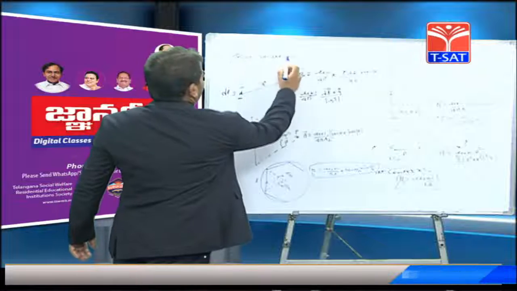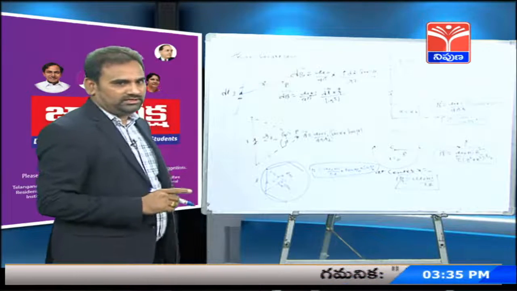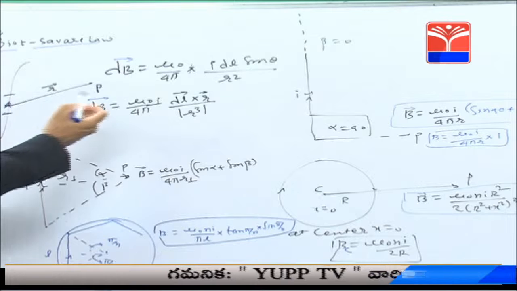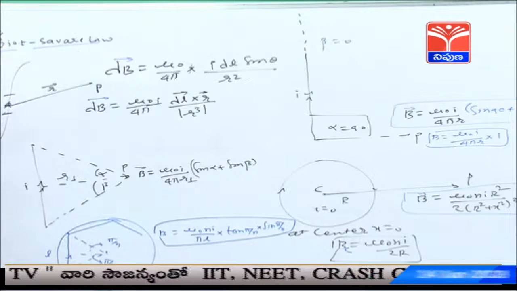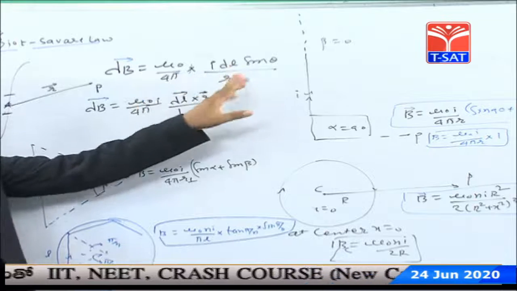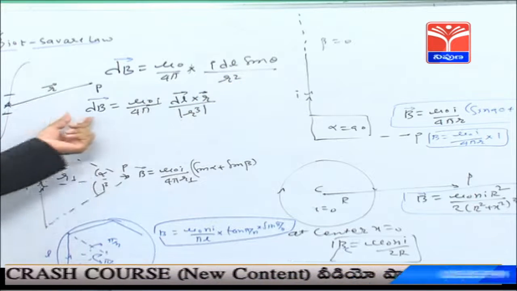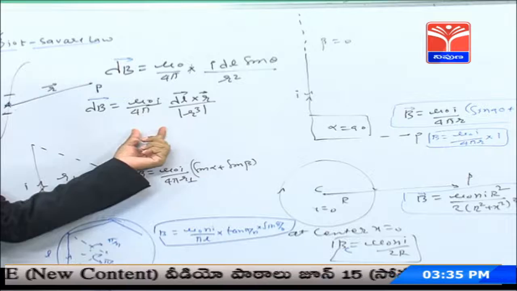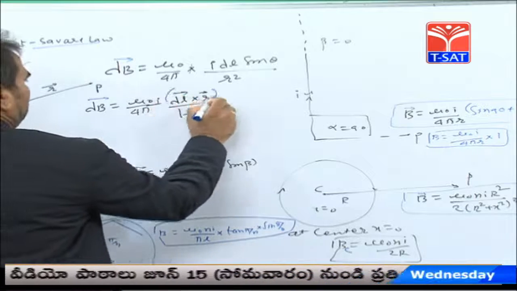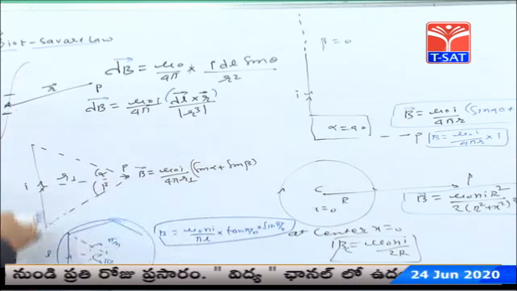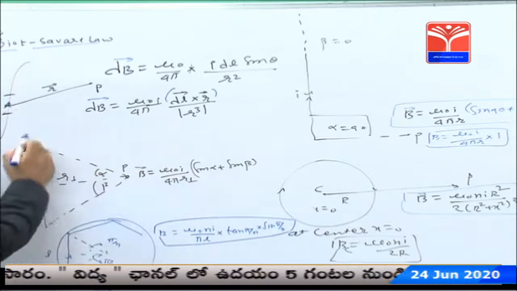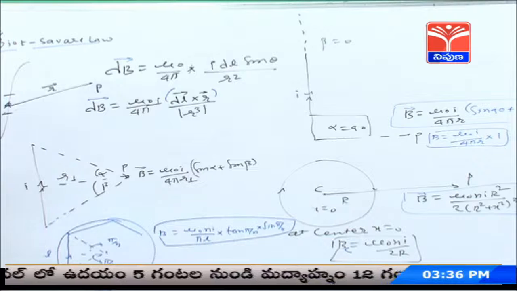Very important relations and formulas of this chapter are given here. Biot-Savart's law: B is equal to mu naught by 4 pi, I dl sin theta upon r square. In vector form, dB is equal to mu naught I by 4 pi into dl cross r upon mod of r cube. So, the magnetic field induction at a point due to a finite current carrying conductor is given by